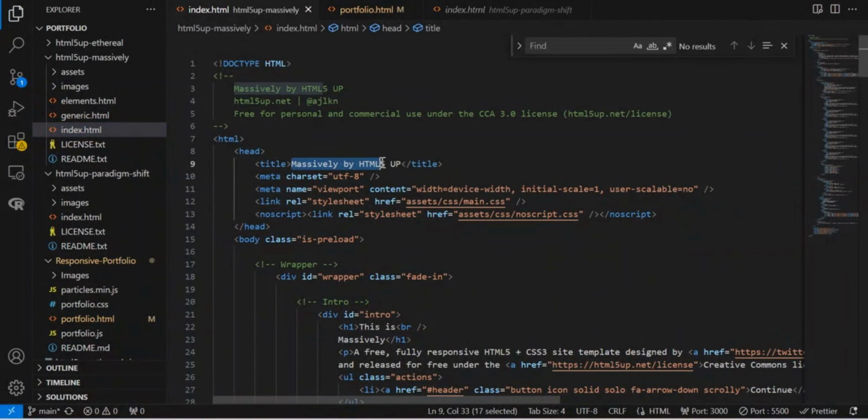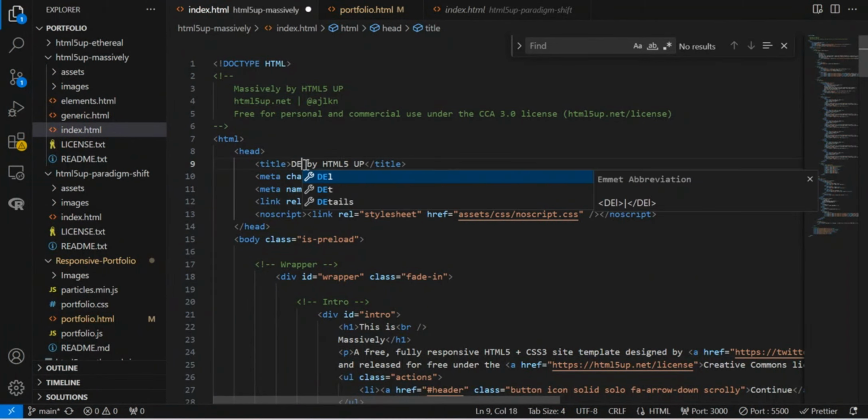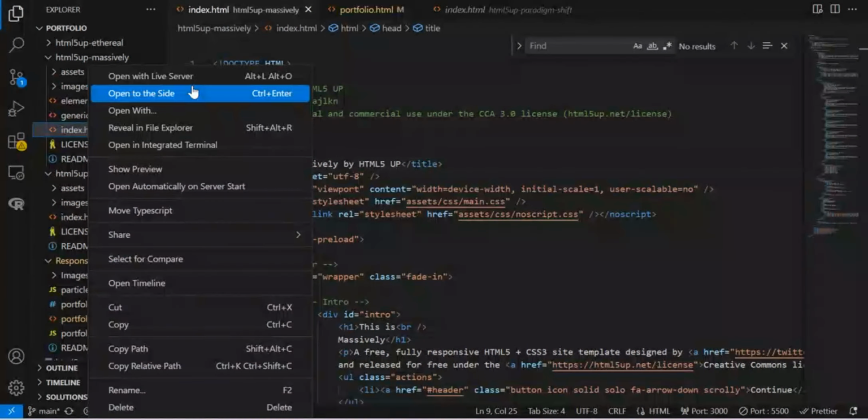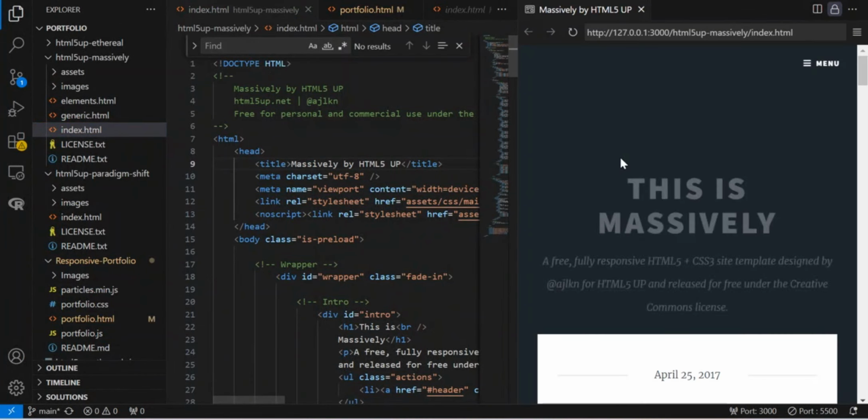For example, this says Massively by something. I can say Desmond or something. Okay, let me bring it back and use the show preview first.